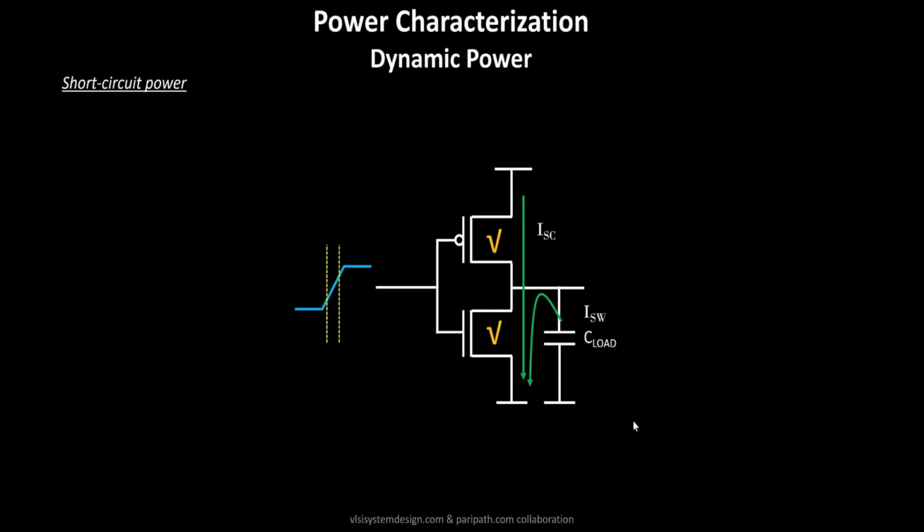So for example, if you take two cases. Let's call this particular current, the discharging current, as the ISW. Let us call it a switching current, and let us call this one ISA, which is a short circuit current. Whenever there's a switching current and short circuit current, it should follow Kirchhoff's law. I'll get back to the law in a moment.